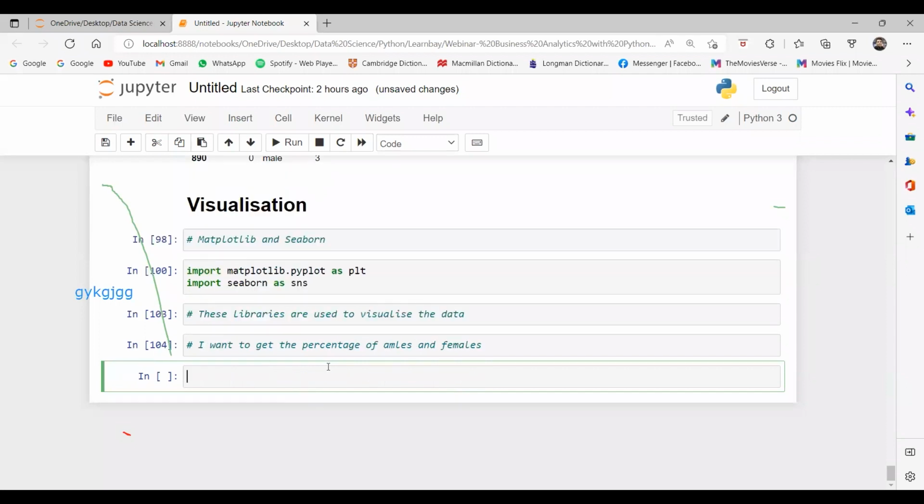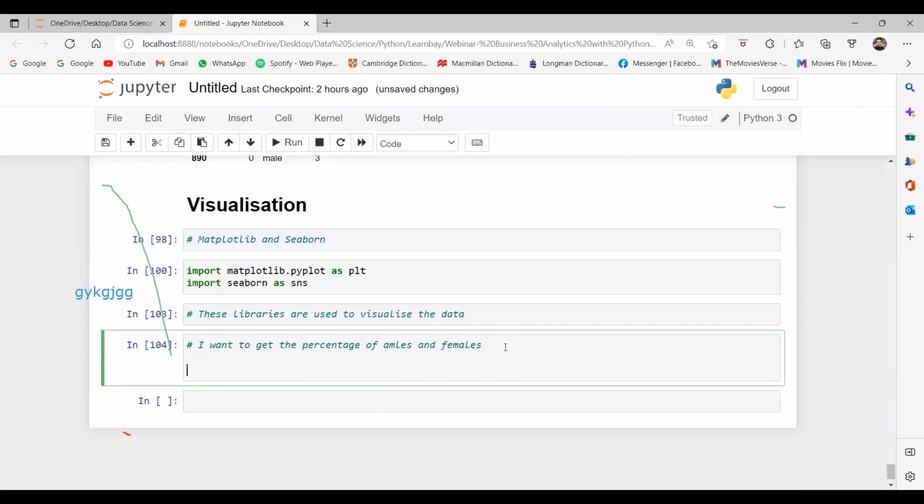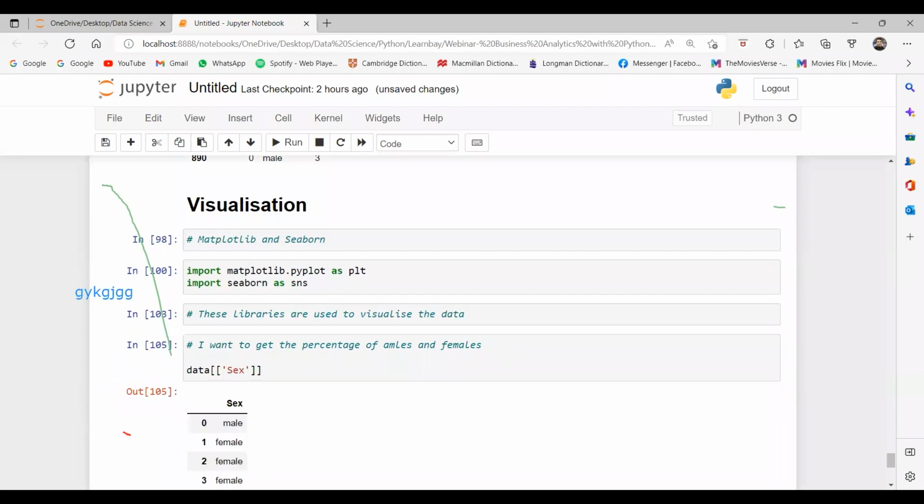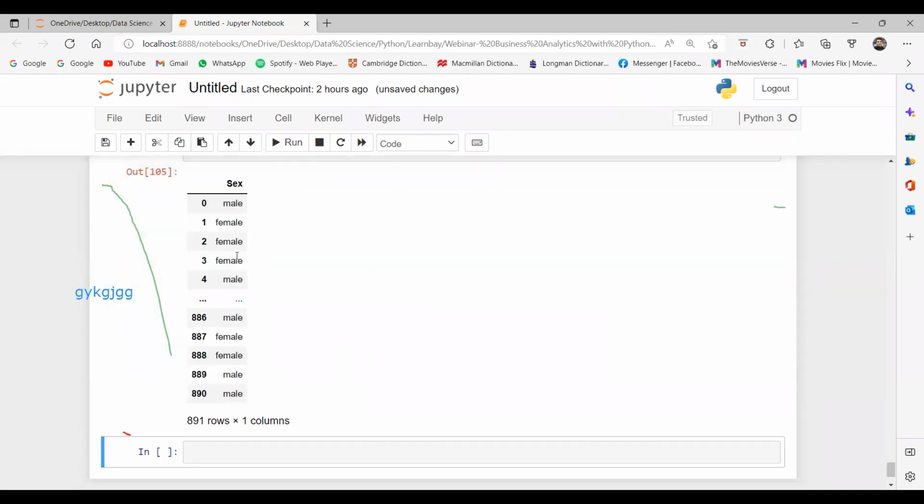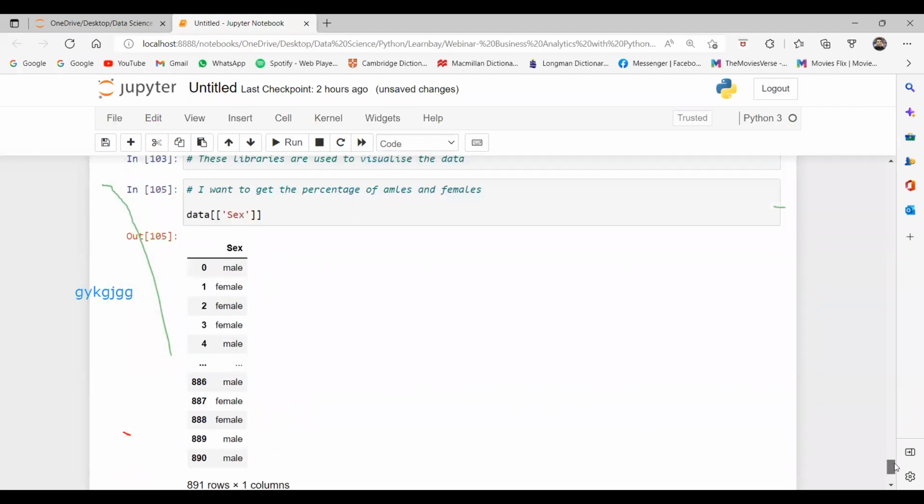So let's try. How can we get that? For this, we have the data, and this column we are talking about. Yes or no, guys? This column tells me males and females, and I want to know what is the percentage of male and what is the percentage of female.